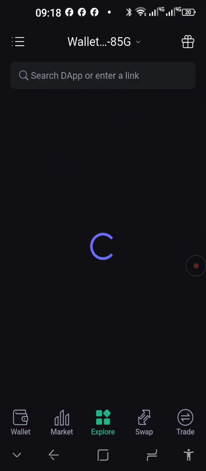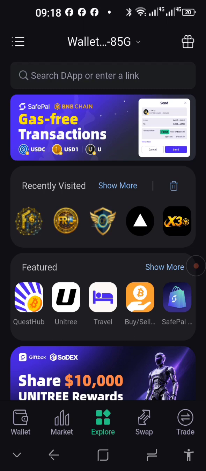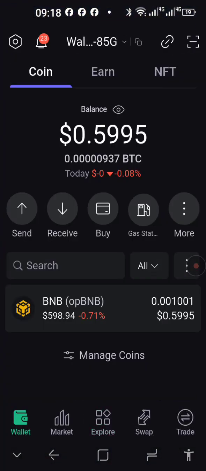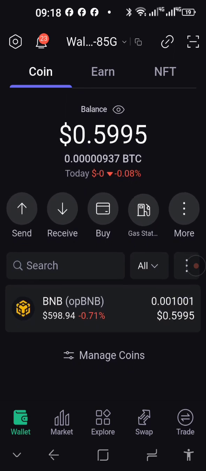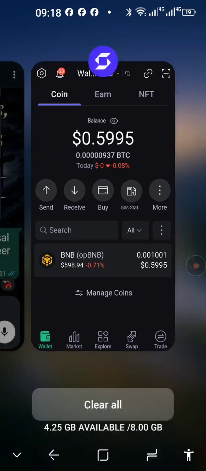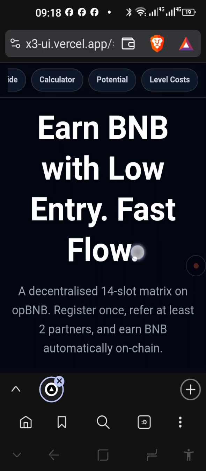Right, I'm going to go to explore. Okay, that's not what I wanted to do, but I want to show you from the back office where you're going to go. But make sure that the wallet you registered or set up is in SafeSpell, on that specific wallet, not on a different wallet that is already registered or on a different platform. Also make sure that OPBNB is added there and it is funded with at least 0.001001 BNB. Right, let's just go back there.